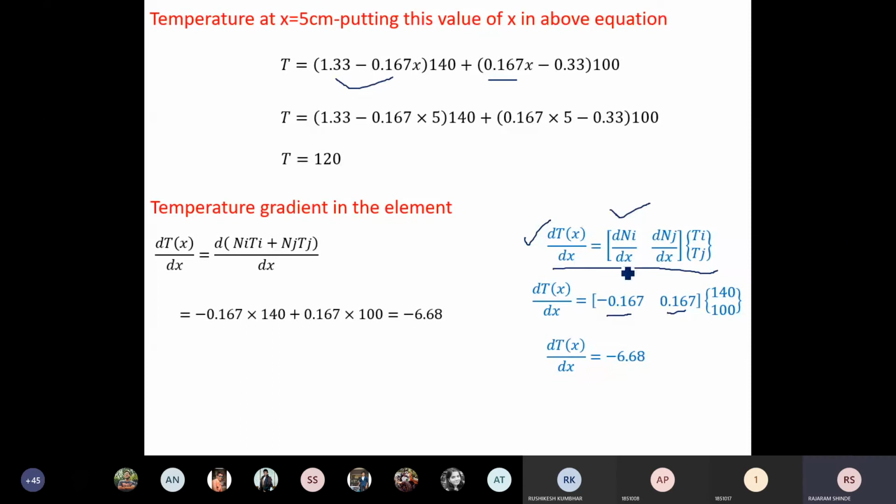Now this is your derivative of shape function matrix, and this is your nodal values of the field variable matrix. Now here you got the temperature gradient. After that you have to calculate the heat flux. What is the equation for heat flux for one dimensional case? Q is equal to,